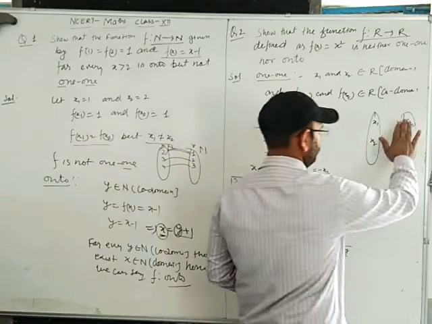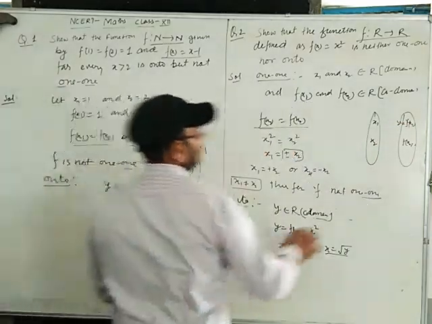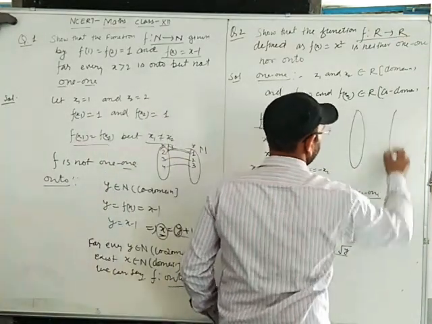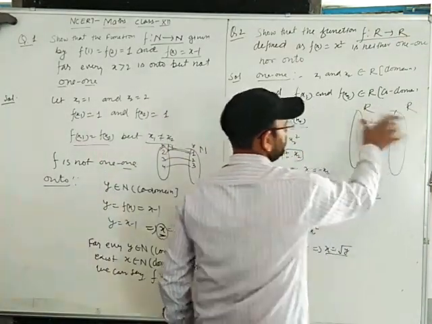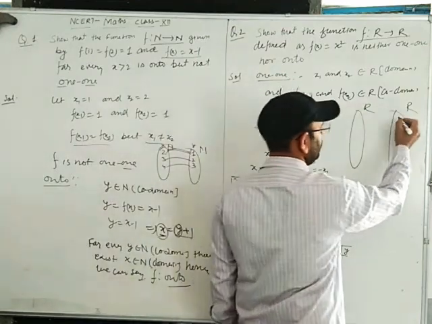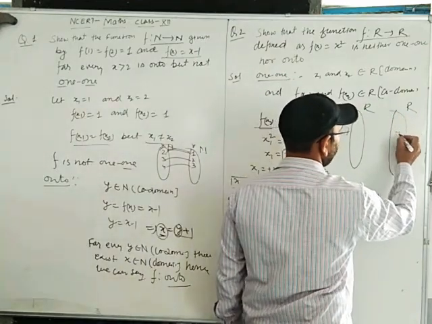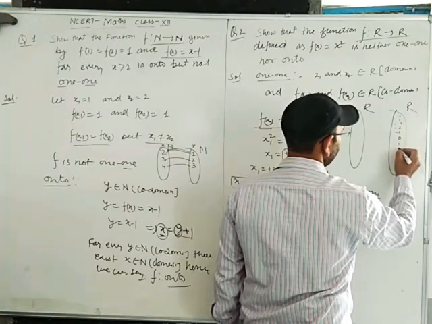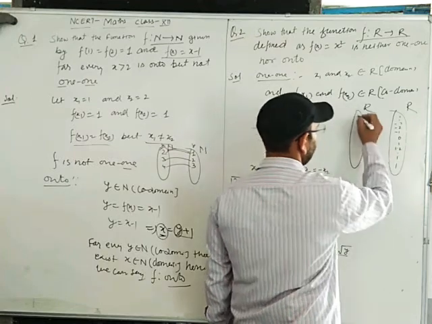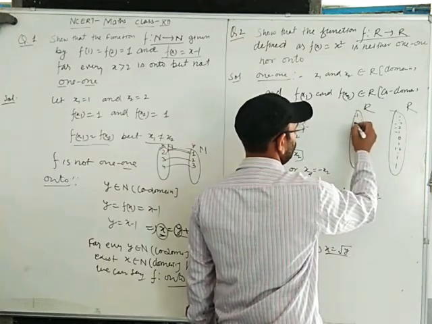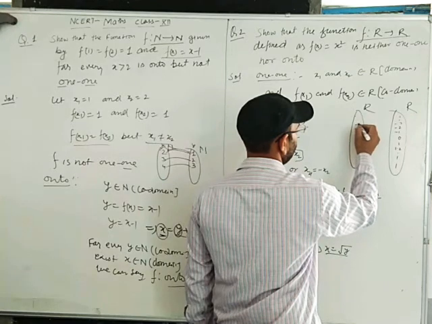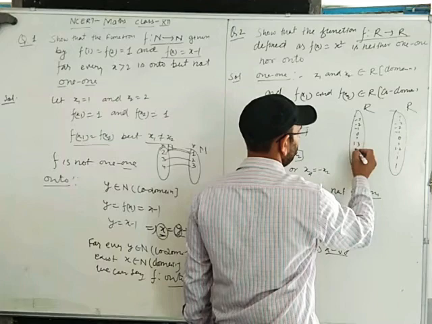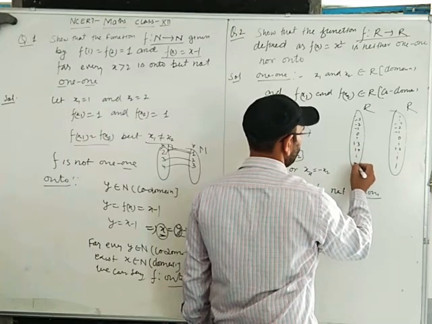Now it is clear from the given relation that these two are the sets of real numbers. So the real numbers contain some negative elements also, minus 1, minus 2, minus 3 and so on, 0, plus 1, 1.2 and so on. Similarly this one, minus 2, minus 1, 0, 1, 1.3, 1.4 and so on up to infinity. Clear?